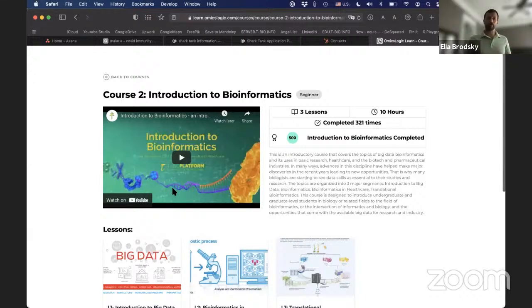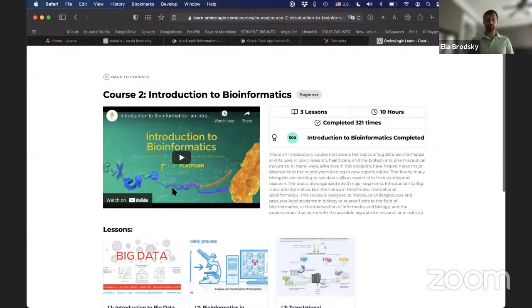And it will go on into a more detailed description of the applications of bioinformatics in the field of biomedical research, clinical applications, pharmaceutical drug discovery, as well as biotechnology and agriculture. So I highly recommend for all of you that are interested to join the program to start looking at this coursework. It's very accessible, it's free, and you can use this right away to prepare for the program.